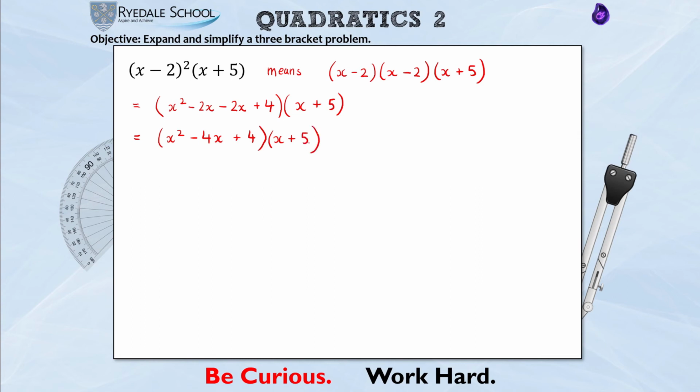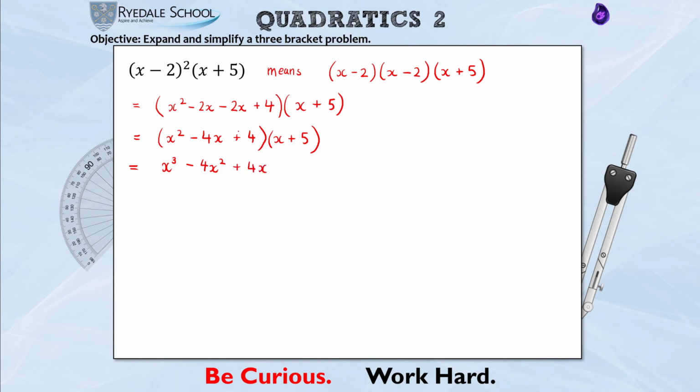Now, I did have one or two students last year when I taught this who forgot to do this tidying up stage and they went straight into the multiplying. It just ends up meaning you end up with way more terms and way more collection to do at the end. So always try and remember to tidy up your quadratic before multiplying by the last bracket. So I'm going to take each of these three terms and times it by x, and then times it by 5. So x squared times x, x cubed, minus 4x times x, minus 4x squared, 4 times x,